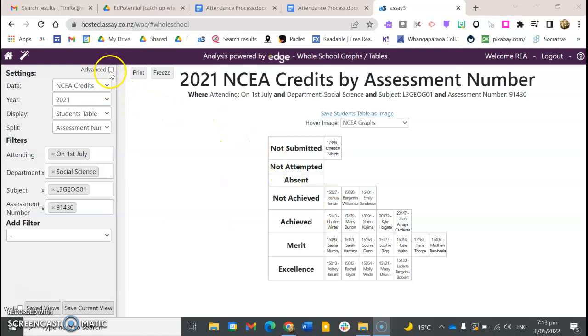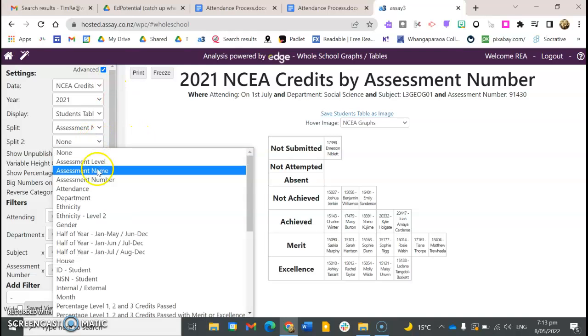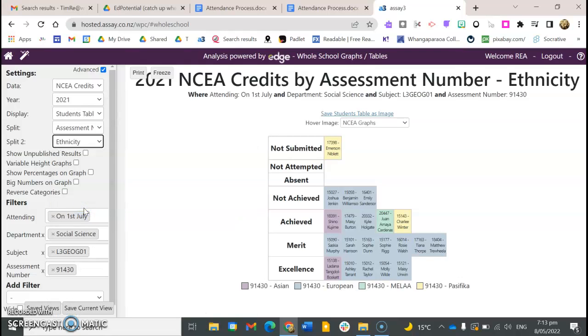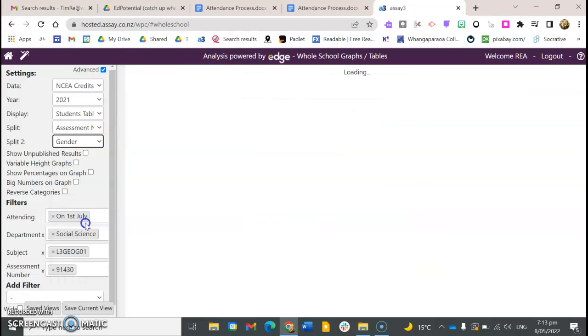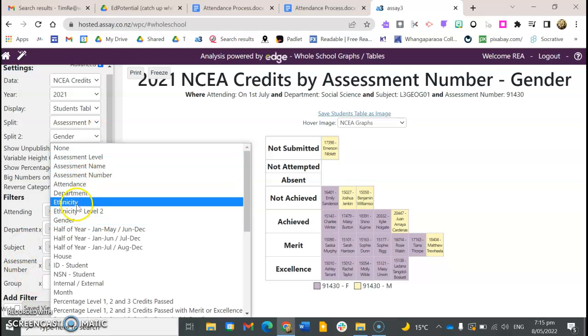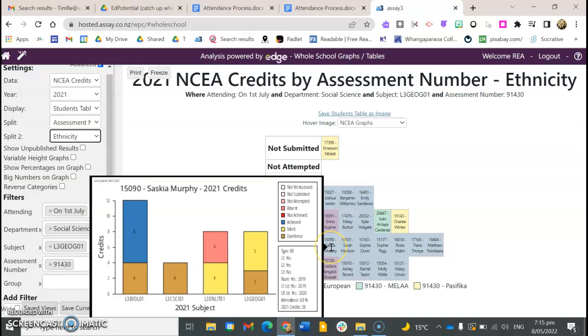The other thing it enables me to do is, when I go into the advanced section, I can put a split in, and then I can start doing some analysis around either ethnicity, or I can do the splits around gender. And then at the end of the year, it enables us to see how we've done with our learners of different gender, different ethnicity. It's a high level of flexibility around talking about these learners and seeing how we compare to other subjects,